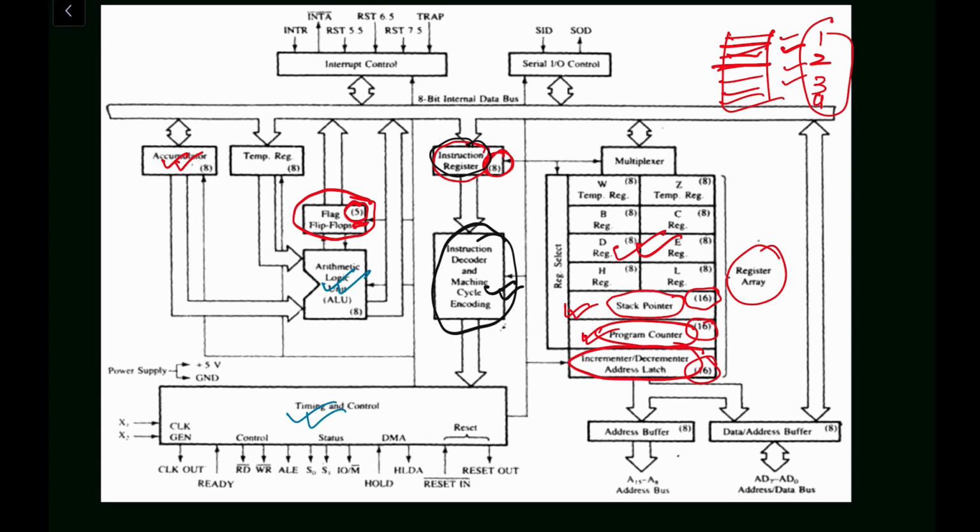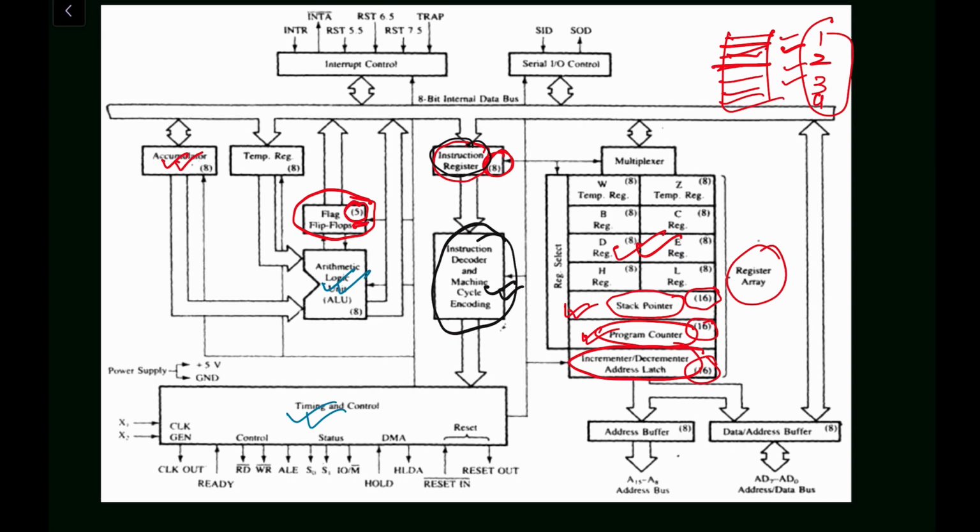So what is the function? It will show some status that will be displayed as a flag. Flag means some indication or representation, just as a flag for each country represents that country. The status flag will represent the various statuses of the flip-flops. It has 5 flip-flops built in, so we have 5 status flags. Let me tell you the names: the carry flag, the parity flag, the auxiliary carry flag, the zero flag, and the sign flag. We also have some unused bits in the status flag register. We will see in detail that we have 8 bits, of which 3 are unused.